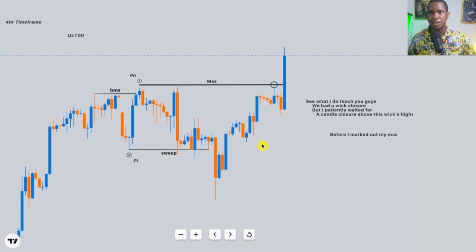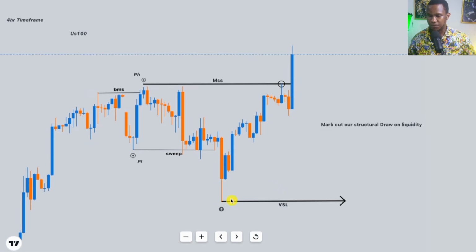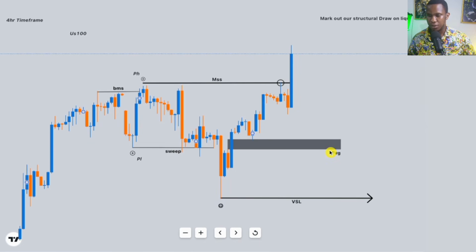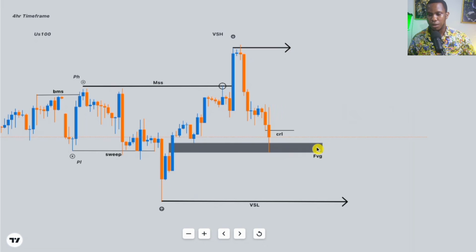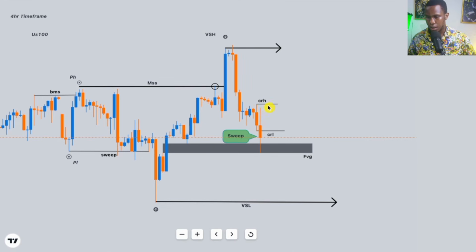Next we'll mark out our structural draw on liquidity, which is this value structure low, this fair value gap, and this value structure high, guys. Our next draw on liquidity is our fair value gap. And can you see this is our one stupid candle, guys? This is the candle range low and this is the candle range high. Can you see how this next candle swept it? And once it sweeps it